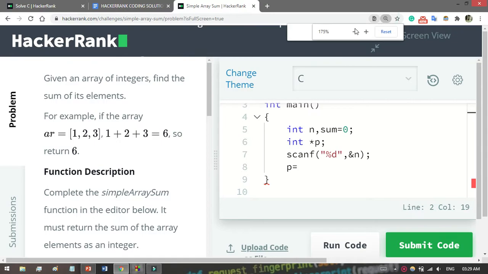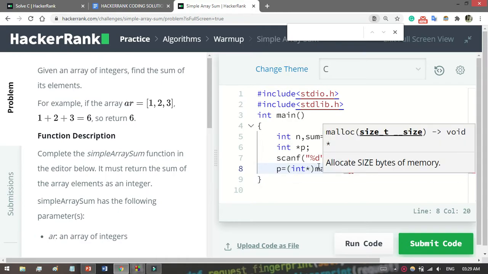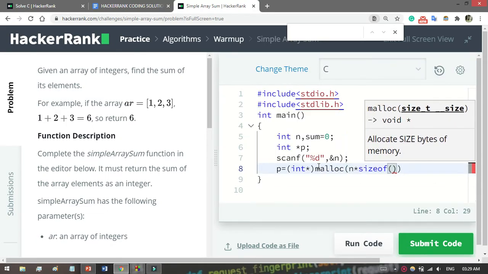Okay, now int star, you know the format of malloc, so n into sizeof int.